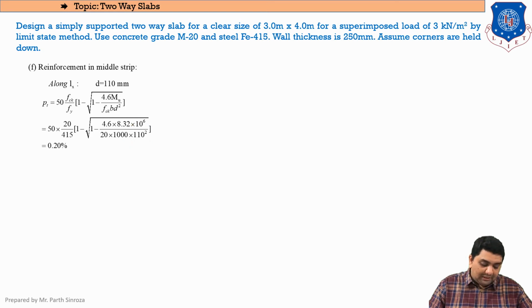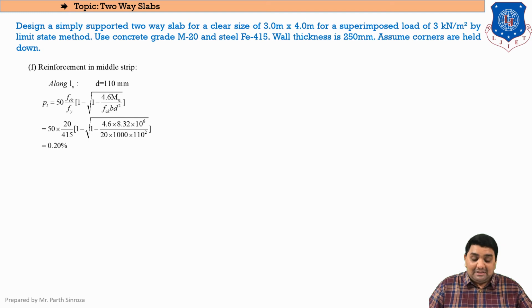So solving it, we are getting the value to be 0.20. Now in general two-way slabs, that is two-way simply supported slabs, if the condition was given as to be not held down, then this value we would have rounded it off to 0.24. Clear? But in this case we won't be rounding it off to 0.24, because the bars that we have provided in the middle strip are not extending till the edge strip. Clear? So bent up bars is not coming into the picture.